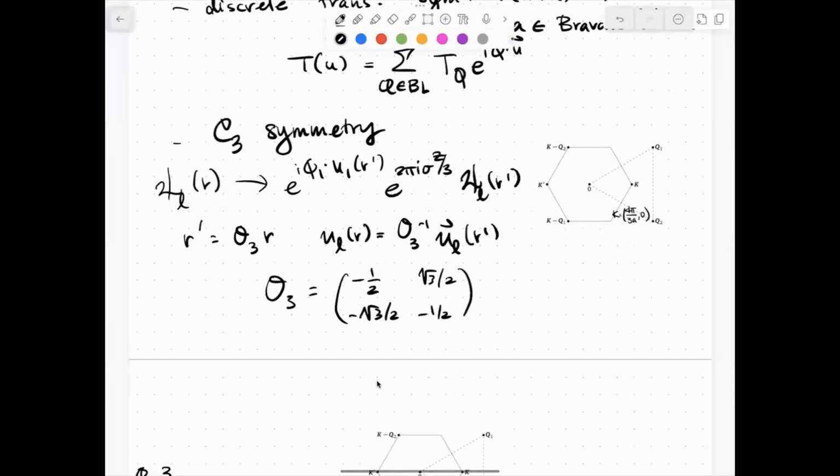Okay, so everything here, this stuff here is pretty normal. This is normal, okay? This factor here comes from, it's sort of related. This is related to essentially coming from the K point, and this thing here is coming from having to shift back, okay? So this is kind of annoying, but